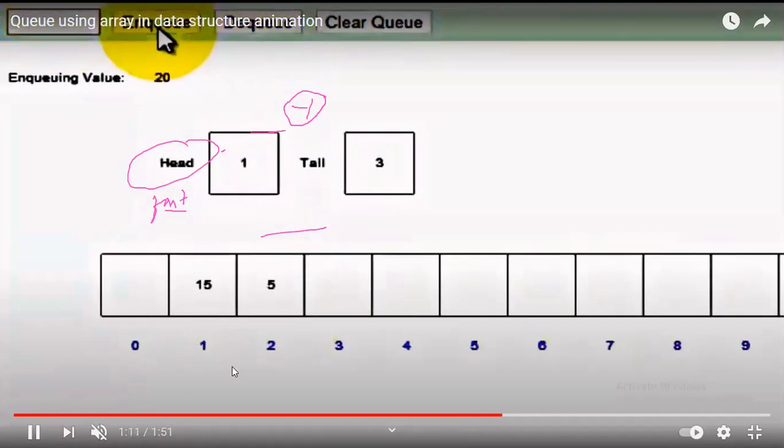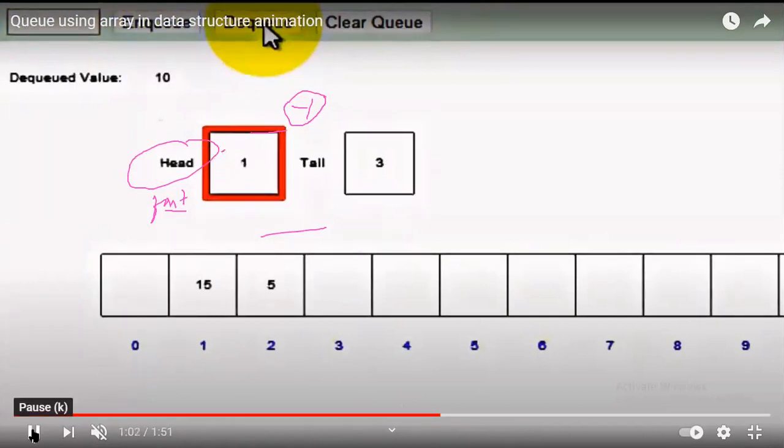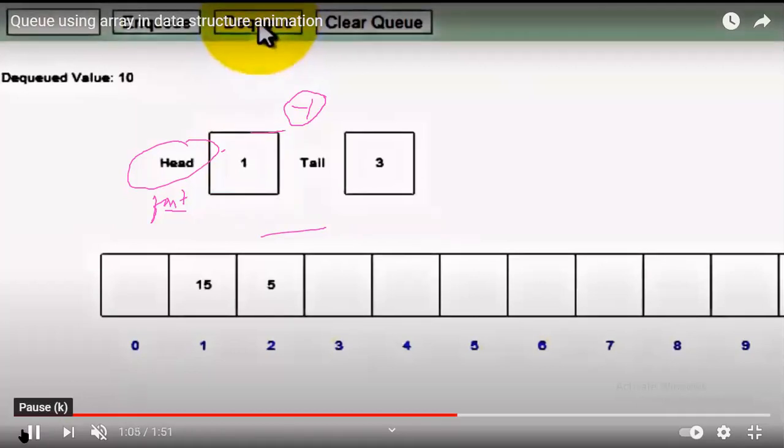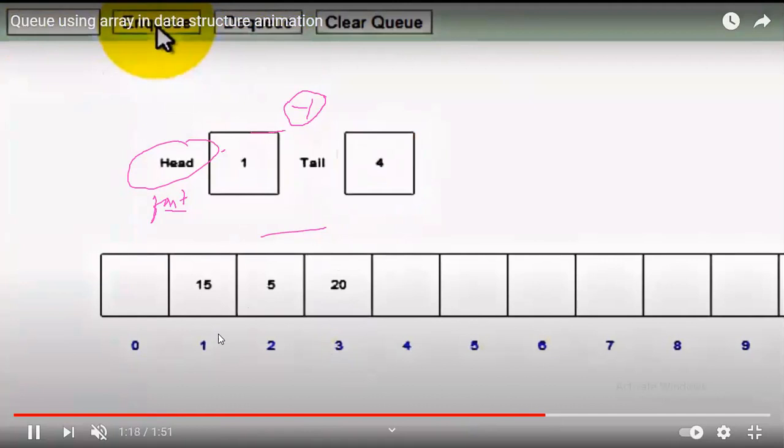Again dequeue. Again he did an insert operation. Try to understand here, once again I'll repeat. See here what had happened. When you deleted, the front position will automatically move to the next one. Now again he will insert, that is enqueue. Enqueue means insert. When you do enqueue with 20, 20 will be inserted automatically by incrementing the tail. See, 20 incremented the tail. So the tail incremented, and the front will remain on the same position. Remember, front is remaining on the same position.